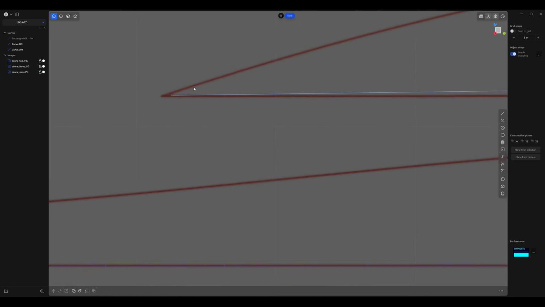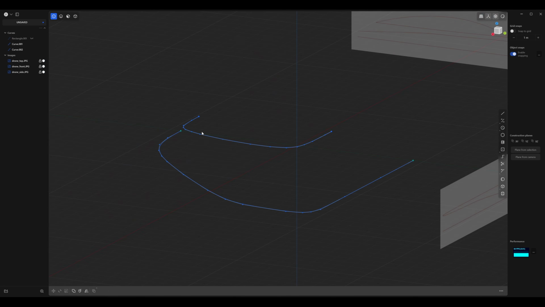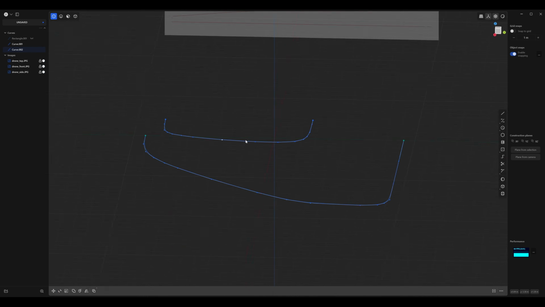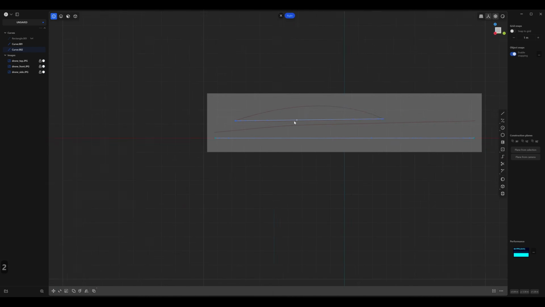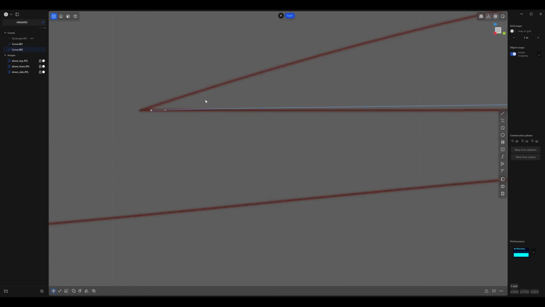And you just want to move them up and down in this view because we've already defined the shape from the top. So you can see that you can move these this way, but if you were to move them on the x-axis, then you're actually changing that top shape, which is not what we want. So let's go back to the right view, and let's just start selecting these points and adjusting them.